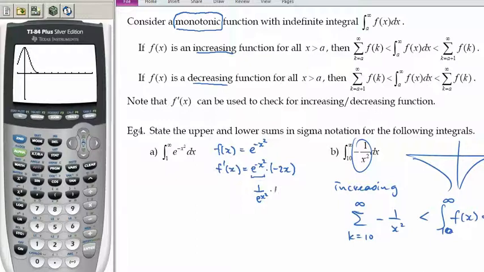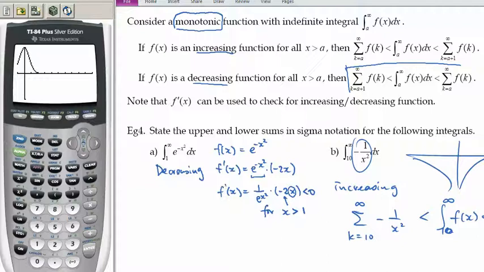And with a -2 inside the bracket, this part will definitely give us a negative value for all x value bigger than 1. So we are guaranteed that f prime of x is less than 0 for x value bigger than 1, and we can then conclude that this is a decreasing function. And for a decreasing function, we can then use the sigma notation here to state the upper sum and the